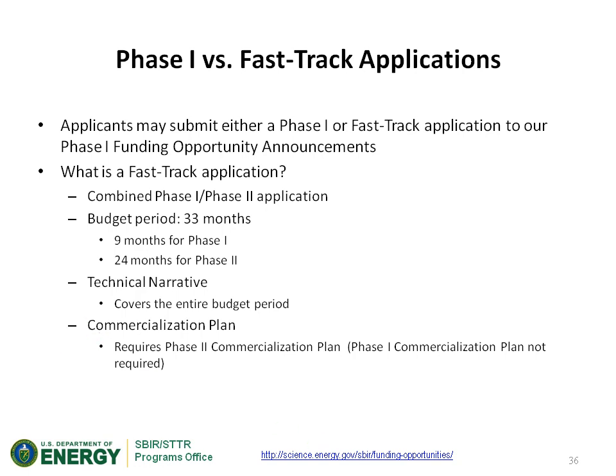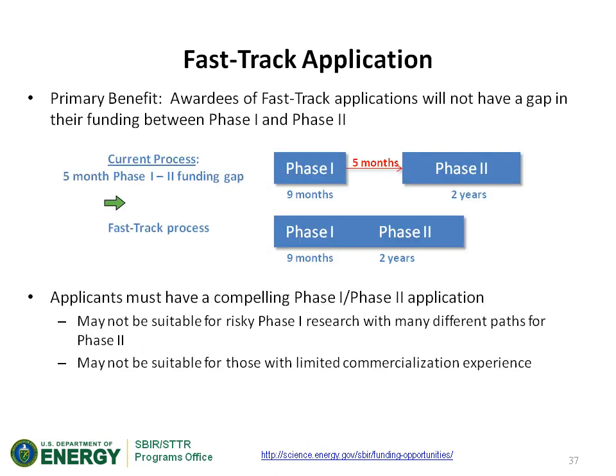In terms of why we have a FastTrack program, with our current process, you would get a phase one grant that would be 9 months long. At the end, you would apply for phase two, but going through the award and negotiation process, there would be a gap of about 5 months before you actually started your phase two project. With the FastTrack, once you're awarded your phase one, we still have a checkpoint before you finish phase one to enable you to move on to phase two. But in this case, there would be no gap. You would be able to work continuously through.